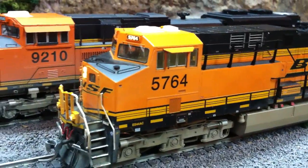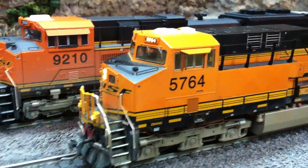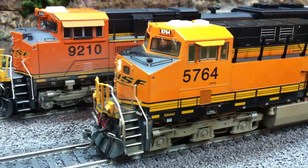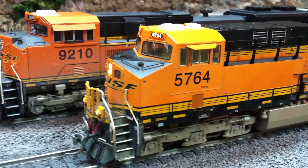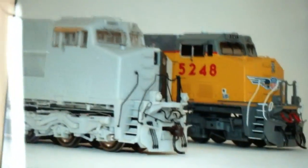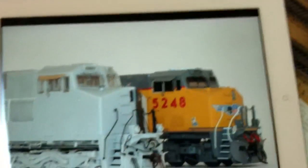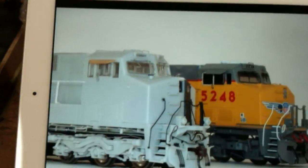So, kind of waiting here. I'm either going to hold out and get the Athearn or get 2 of the Intermountains. And Intermountain's customer service has been fantastic, so I'm pretty much leaning towards the Intermountain right now, just because they've been great. So, that's that. Like I said, though, a bunch of people have been telling me about these Tower 55 Athearn models coming out, and I've been well ahead of you. I've been watching these things for years, so